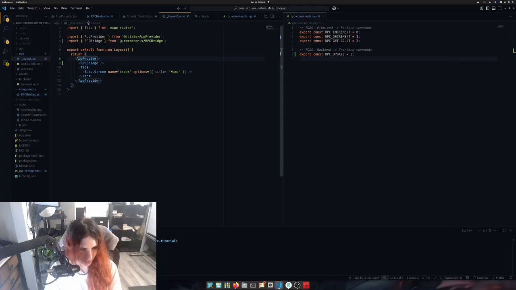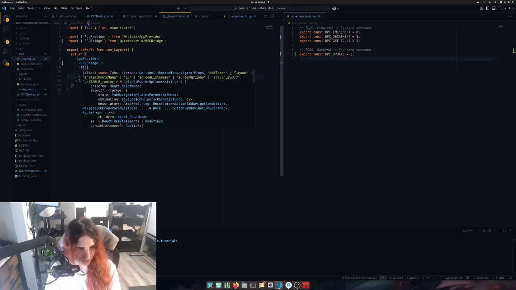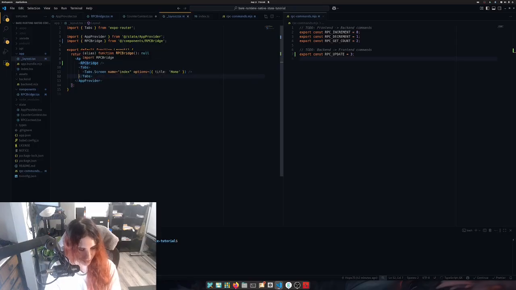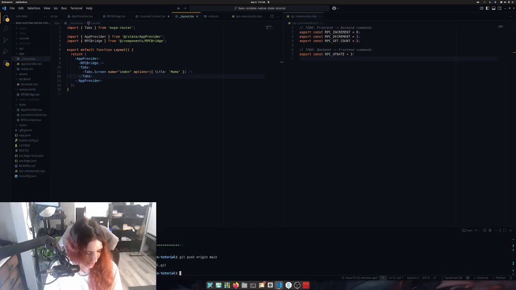And so basically that gives you an environment where any pages that you add that the user will use, they'll all be inside of here. So no matter what, everywhere in your app, you'll have access to the RPC and you'll have access to all the data that you are syncing from the backend to the front end. So that's the entire point of this setup. So now step 6 is going to be setting up the counter to actually send commands to the